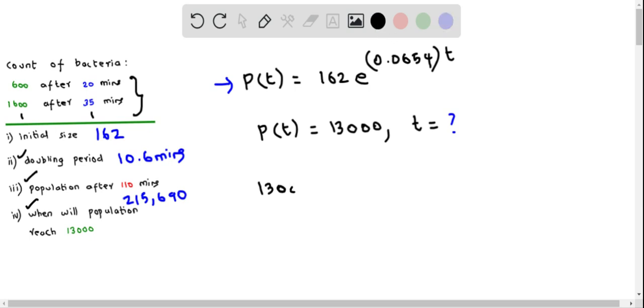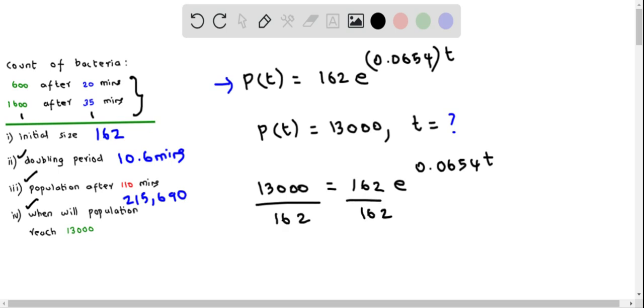So this becomes 13,000, and this equals, on the right side, 162 times e raised to the power of 0.0654 t. First, we divide both sides by 162. So we get 13,000 divided by 162, and this equals, these two will become 1, cancel each other, and on the right side, we will have e raised to the power of